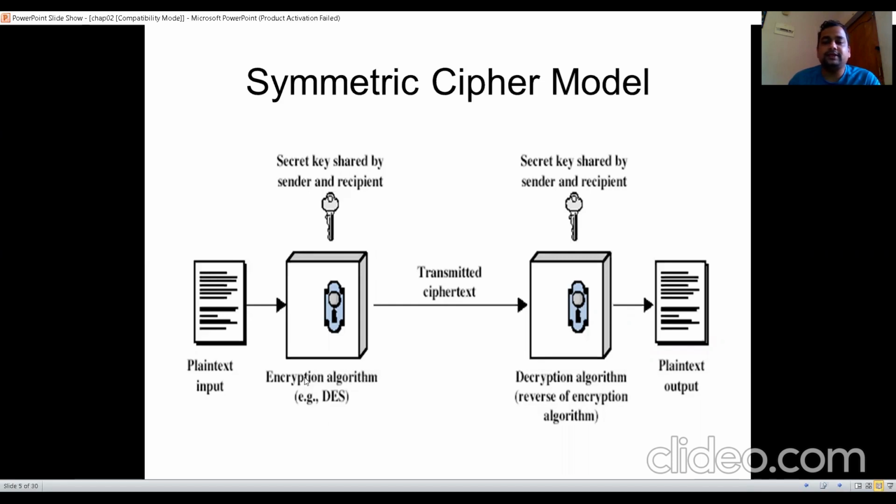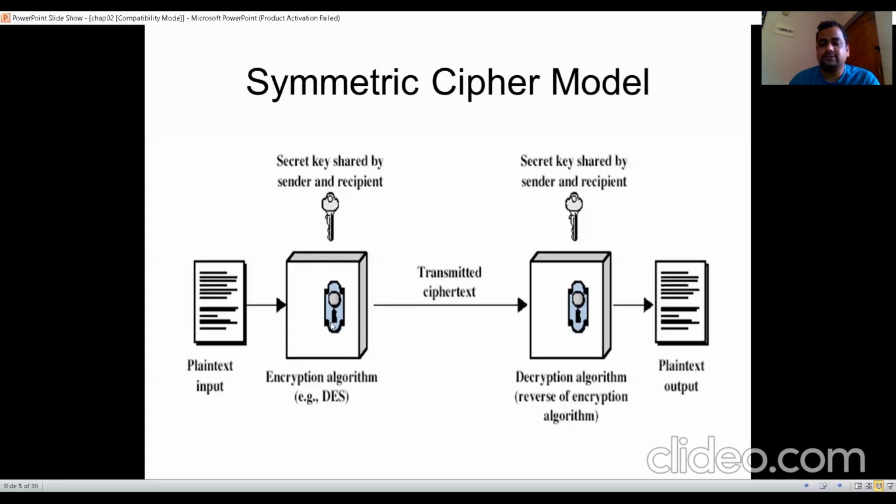So let this be any cryptographic algorithm, and as an encryption algorithm, it must be associated with a key, and this one is the key. The secret key is shared by the sender and receiver. Why is it shared by the sender and receiver? Since it is a symmetric key ciphering model, it has to be shared between sender and receiver. And now after this step, the encryption is completed.